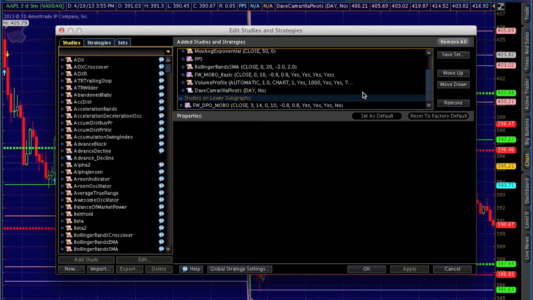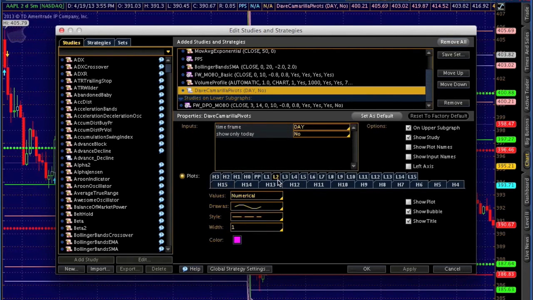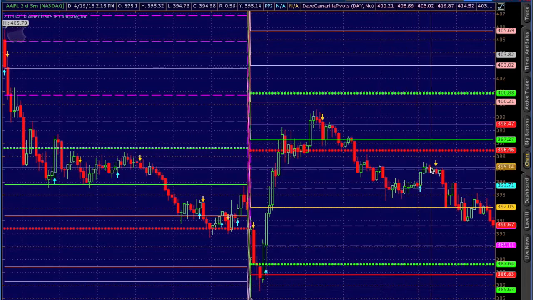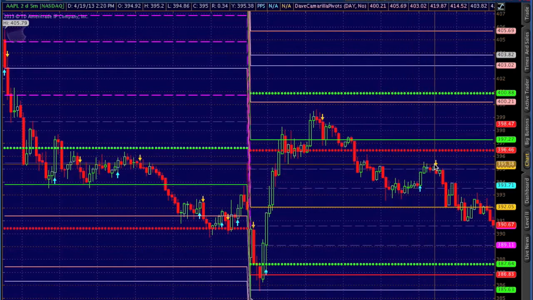You'll see that the market really does interact with these lines. And so again, looking for value, looking for places where people might be looking to get in and out of trades. You could almost say Camarilla Pivots are very similar to fibs. And again, you can see, look at the market come right down, interact, come right up, came here, interacted, came